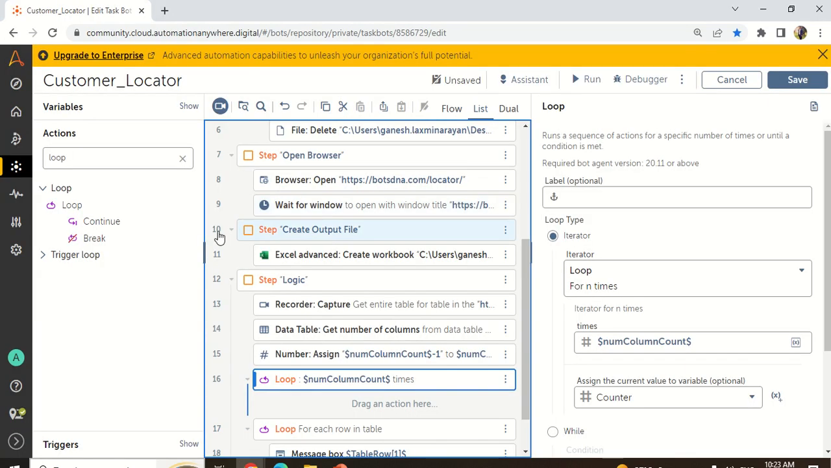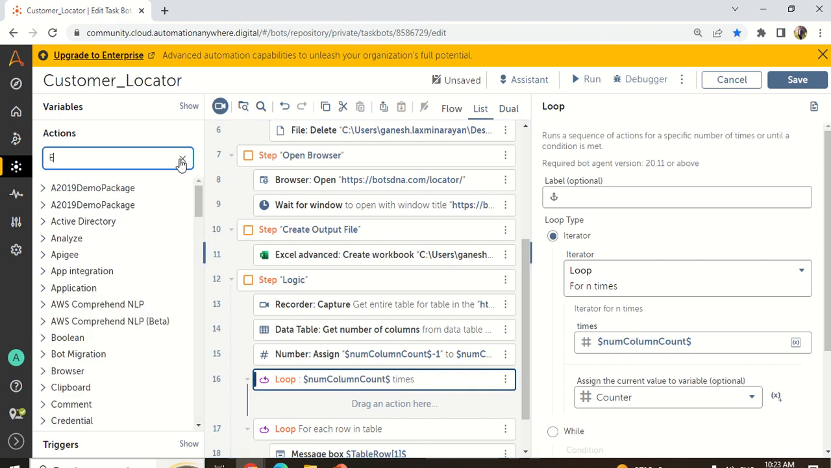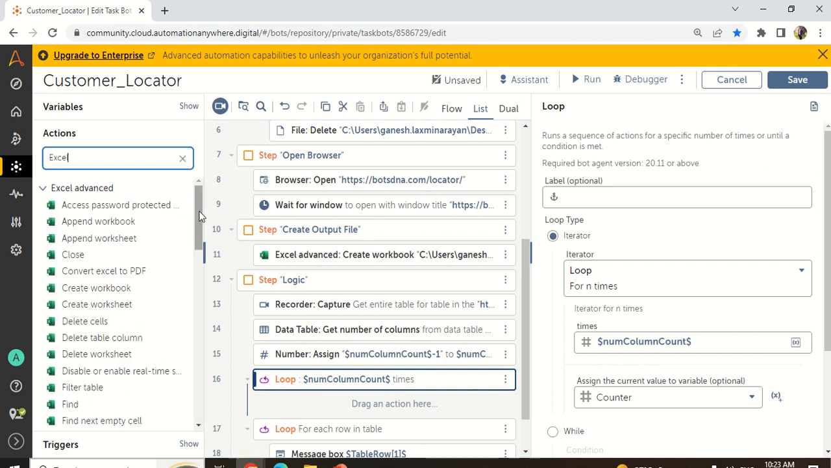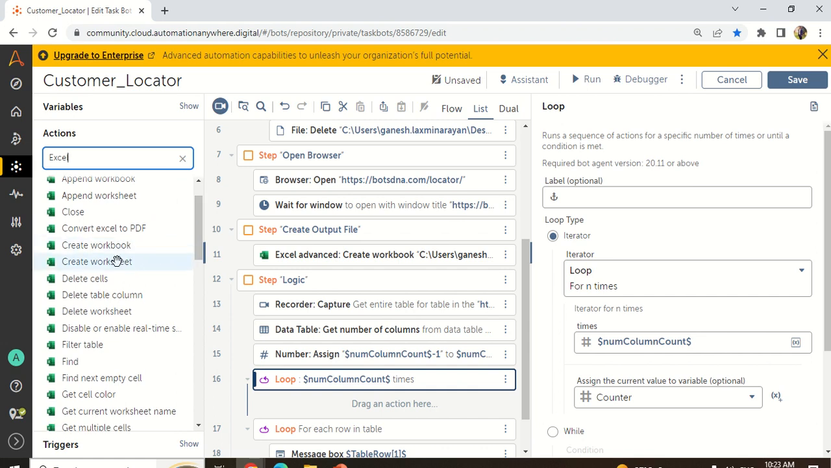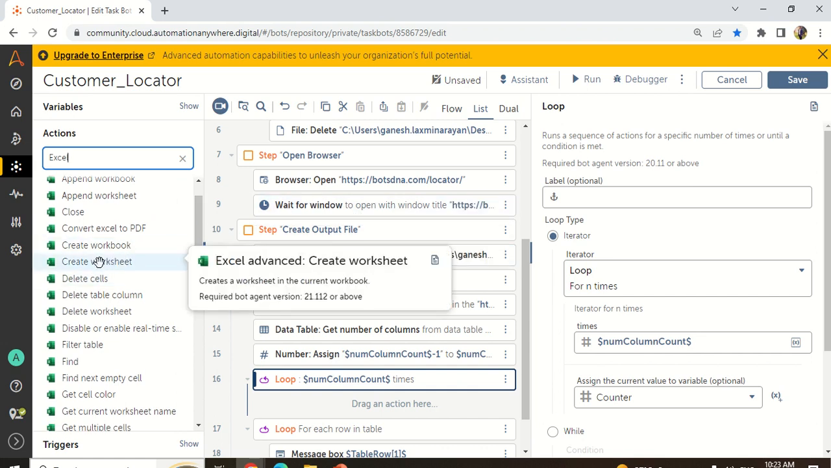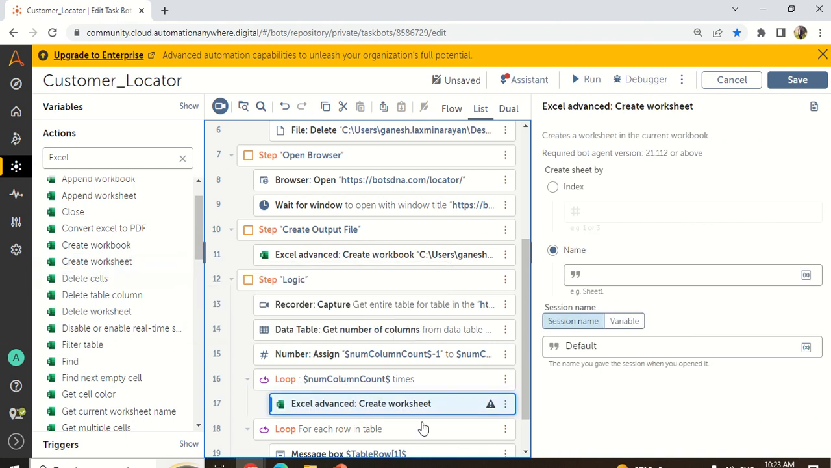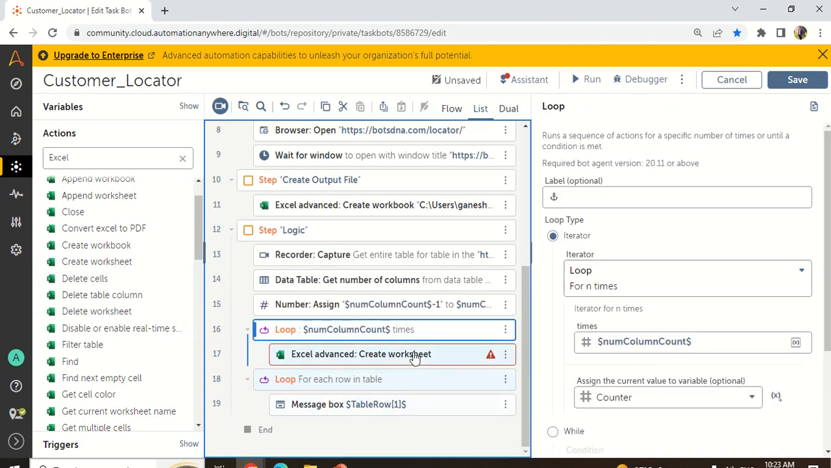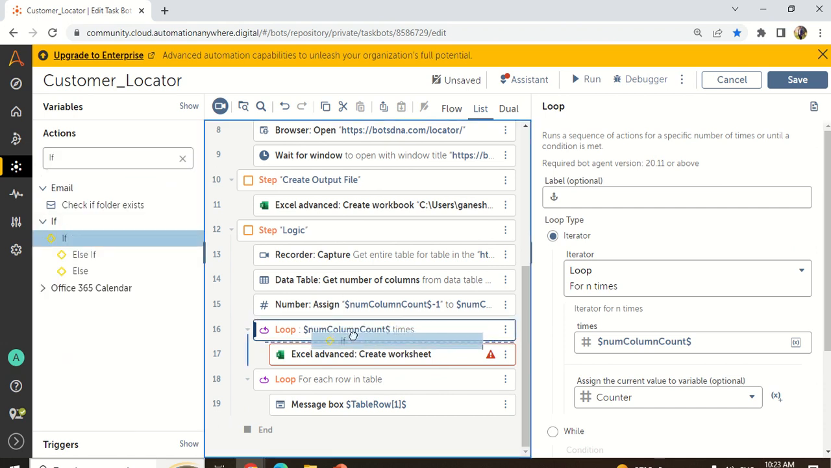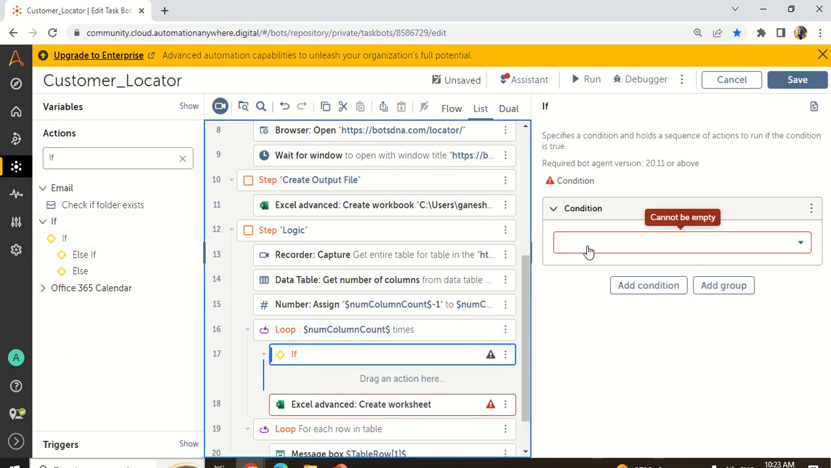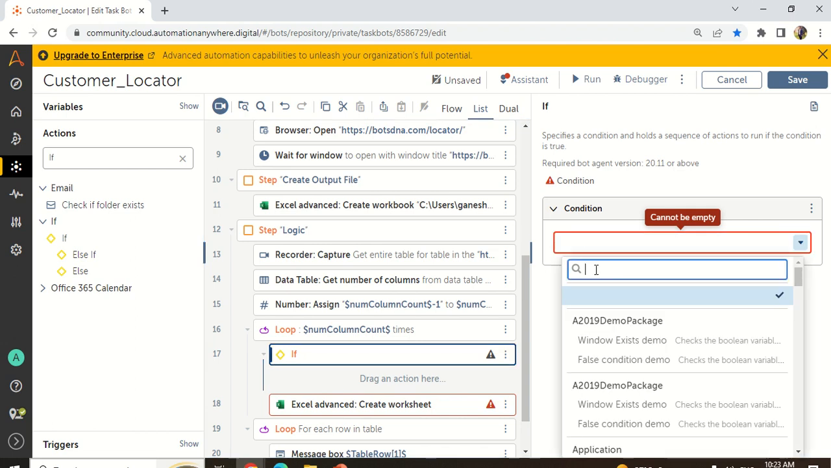To create that, in Excel Advanced we have one property called create worksheet. If you see here, create worksheet. We have already seen what create workbook is, right? Now I need to use create worksheet. To create a worksheet, another very important option is the if condition. Because as I told, if the row count is 1, then only I will get the value of the header, right? So in the if condition, I will take a